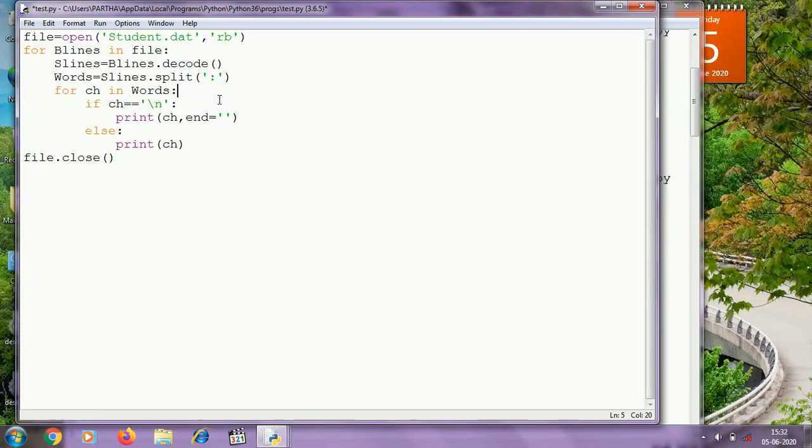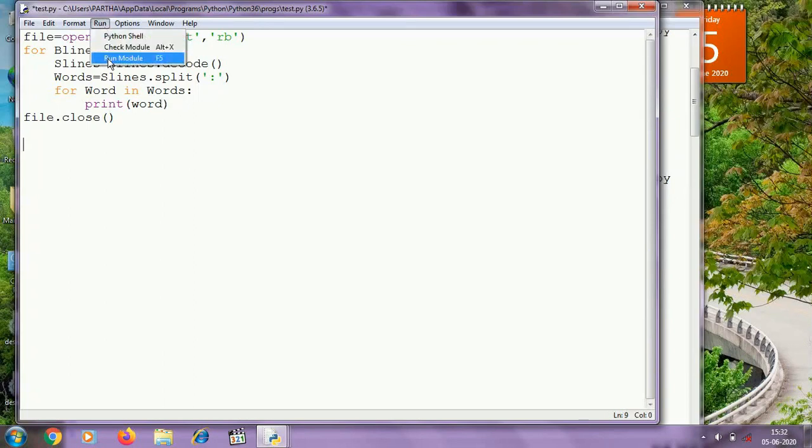So after splitting it will return a list of words, and if I iterate over this list words, I can get the words from the binary file one by one. Then inside this loop I am going to print the words one by one. Let's see.